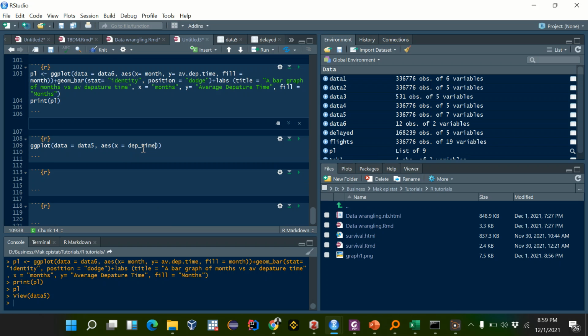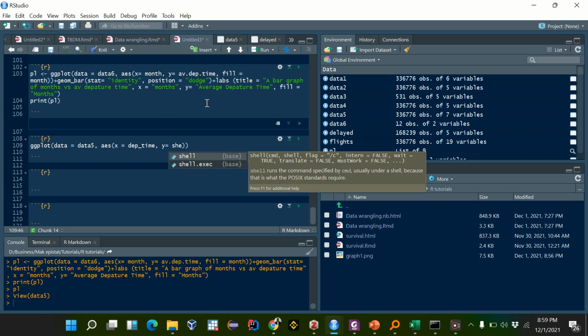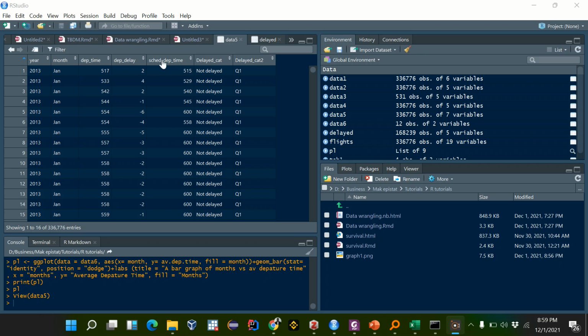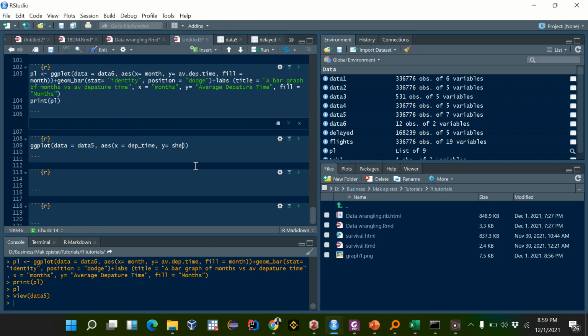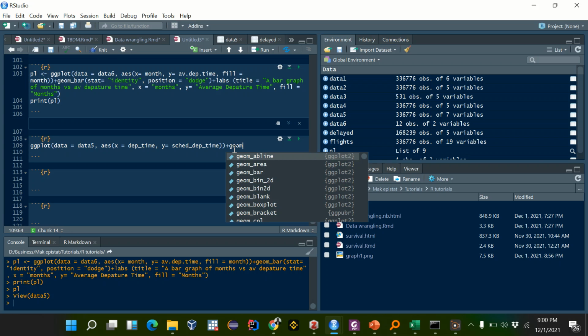So X is going to be departure, I think it's called dep time. And the Y is going to be the scheduled. Y is going to be the sched dep time. Mind the spelling. Dep time. So this time the geom is going to be point,